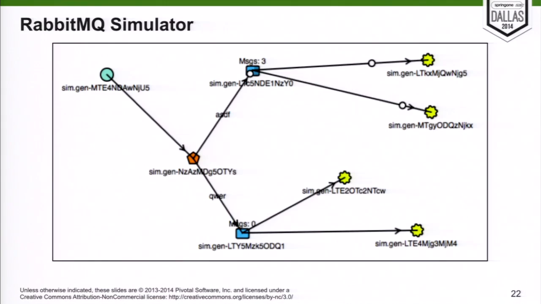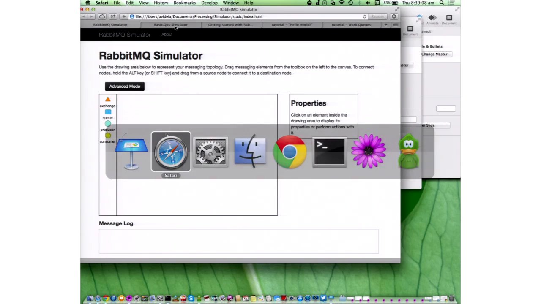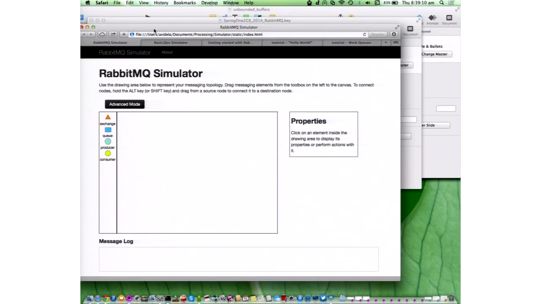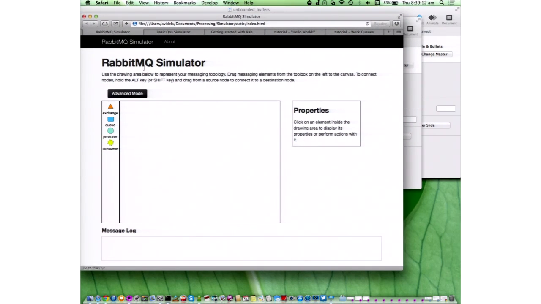And now I want to show you a demo with the simulator, basically explaining how RabbitMQ works. So in messaging, what we usually do is to try to send data from a producer to a consumer. To send data, usually what we need to have is an address, somewhere where we send the data.